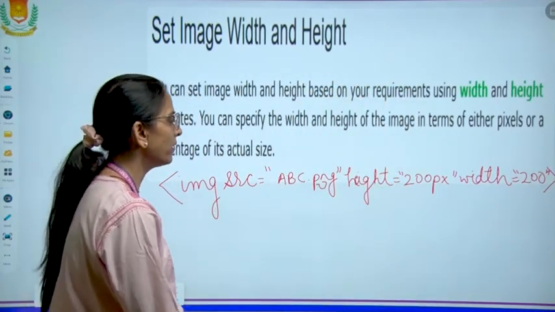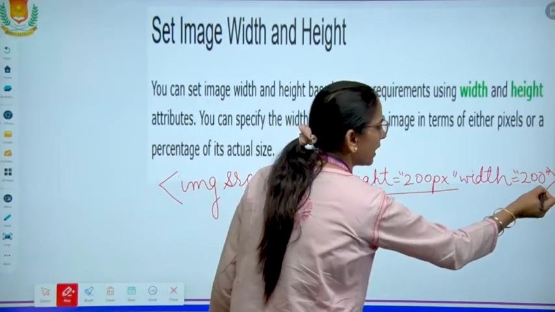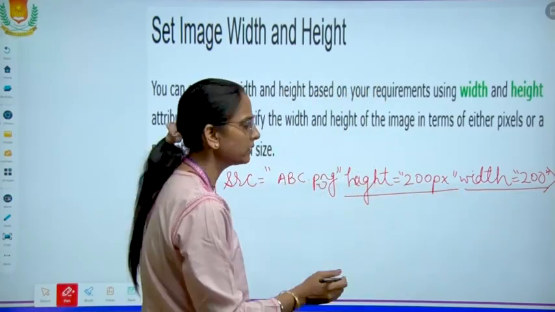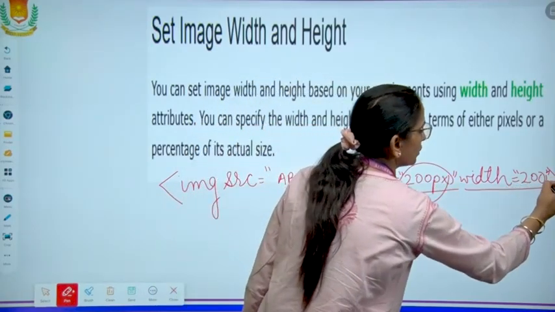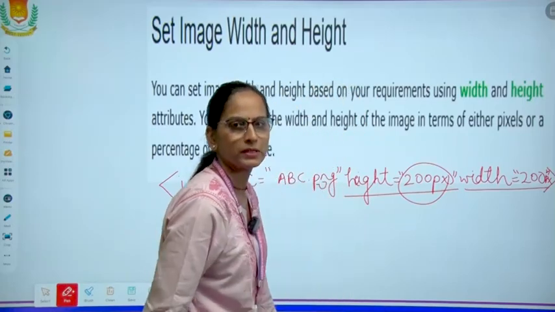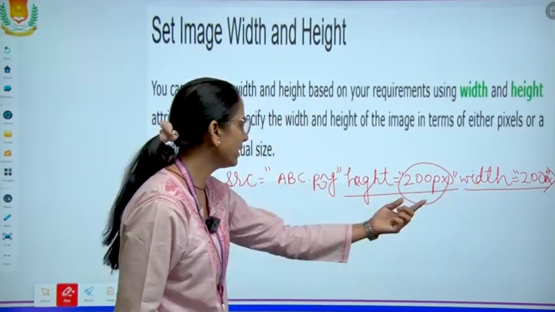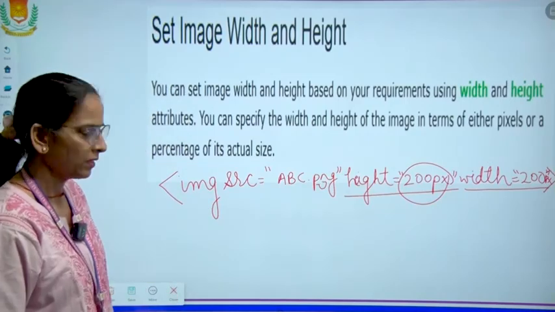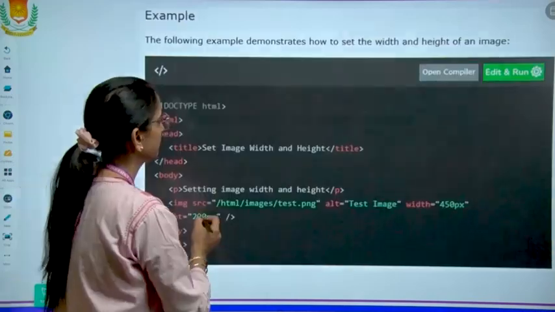In this way we can mention height and width. Height can be given in this and width can be given in this. 200 is the pixel value, so here 200 pixels is the height and 200 pixels is the width. In this way you can write the image tag with the height and width attributes.